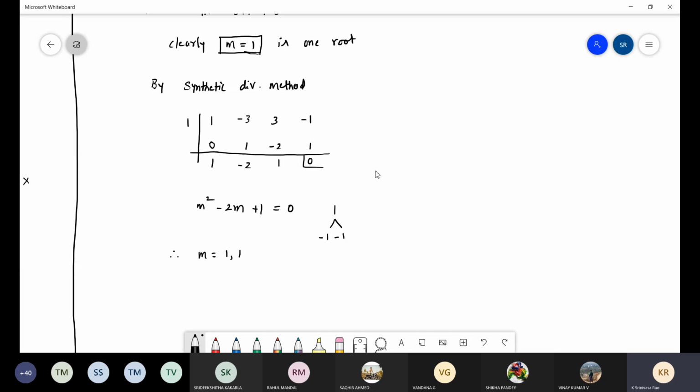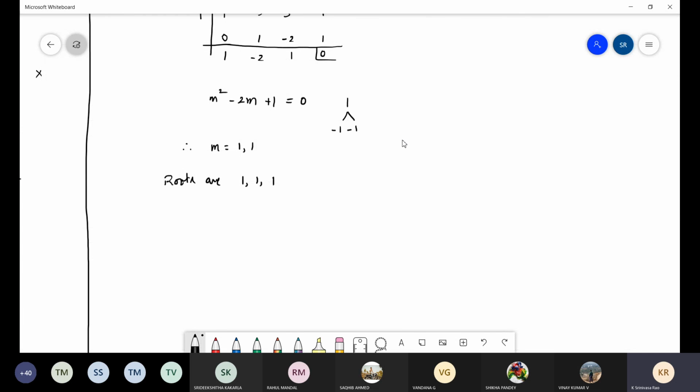Our problem is cubic. Therefore, you have to take this as one root now: 1 comma 1 comma 1. You have to write like this. Now what is yc for this? Therefore, y equals yc equals c1 plus c2x plus c3x square, whole multiplied by e to the power of x. Because 3 roots, 3 constants. This comes under case 2, repeated roots. So this is the solution.